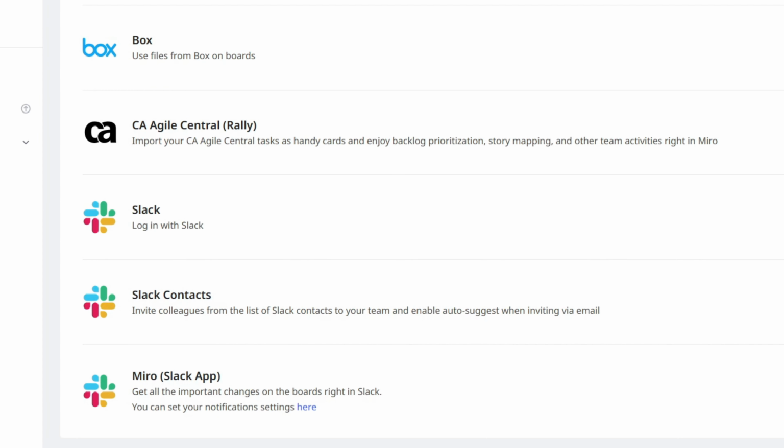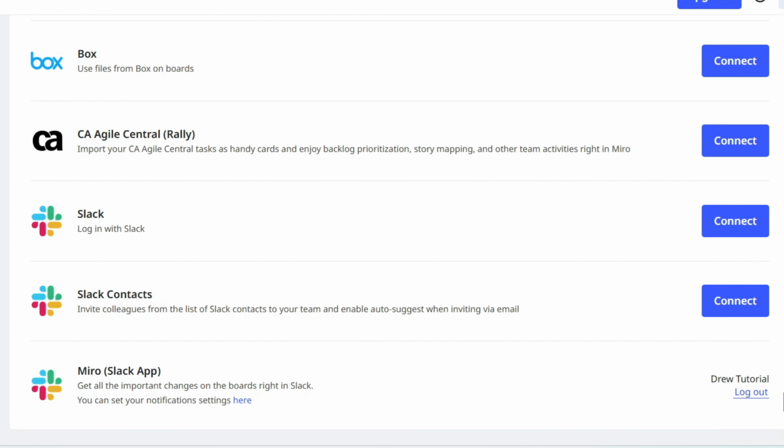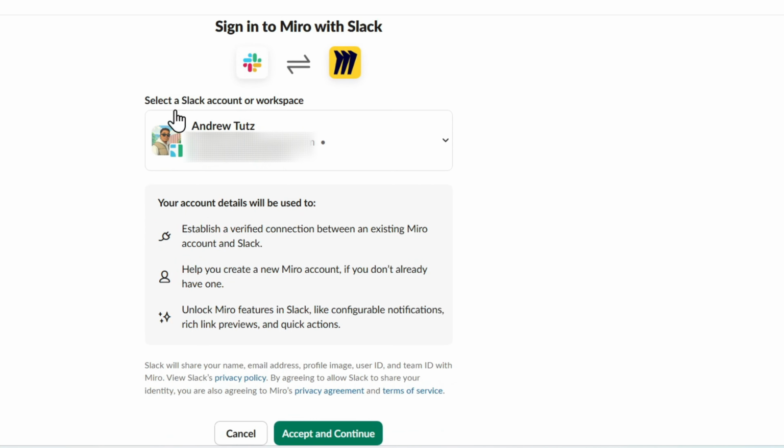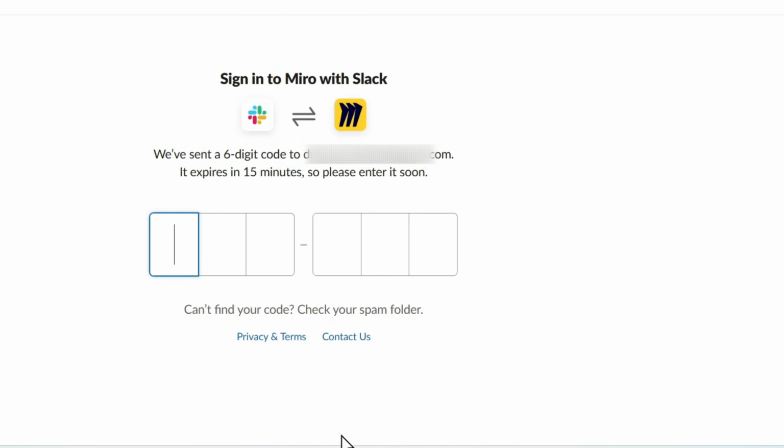Miro. So I've already connected this one already, and I've done this while setting up the application, right? When I'm creating my account for Miro. Now, if this wasn't the case, I can do the same thing and just go basically connect. So how does it work? You click on connect and it's going to open up and try to authorize Miro or link Miro to Slack. And so you'll see right here that it is showing my Slack account and I just need to accept and